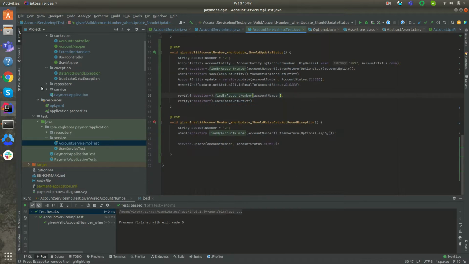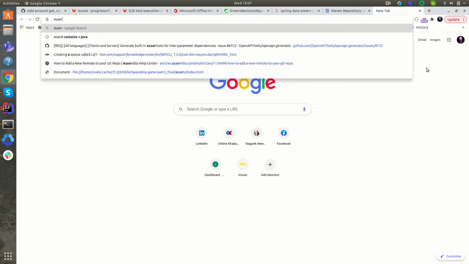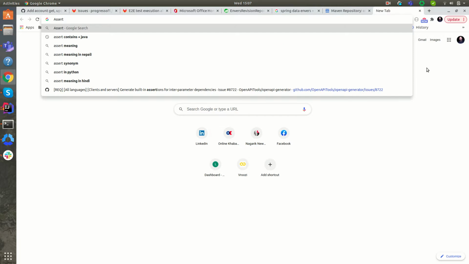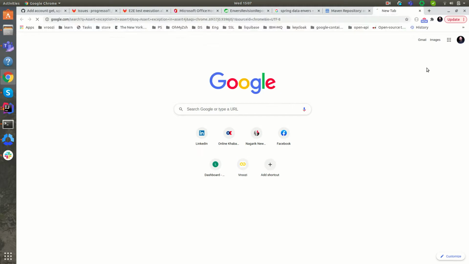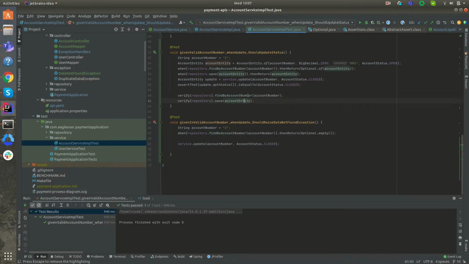So in this case, let me check how we can assert, let's say, the exception in AssertJ. I think AssertJ is what we're using. So AssertJ exception, right? So this guy is